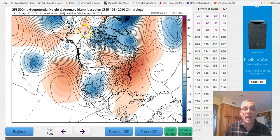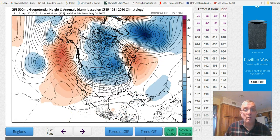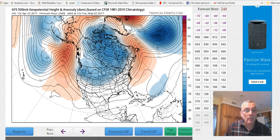Eventually, the ridge does win out. You see how it just kind of pops up. Once that system in Canada pulls away to the northeast, that ridge will win. So I think the argument would be, again, going back to whether there'll be an onshore flow or not. But certainly there will be very warm conditions for the eastern part of the United States with this trough in the west. Eventually, that ridge is going to decay, and now we have a pretty strong flow early next week